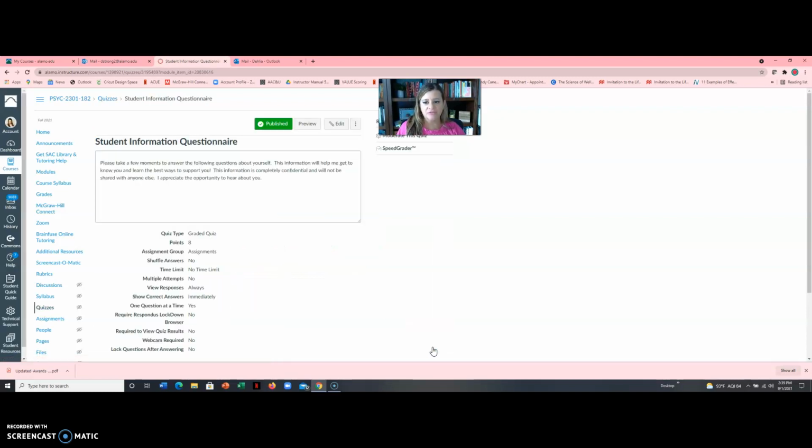How the modules are set up, it's not going to let you just go straight to the assignments and pick and choose what you want to look at. You need to click that next button and advance to the following. If you're having trouble with something opening, it's more than likely that you didn't look at the previous items in the module and use the next button. So just keep that in mind here.